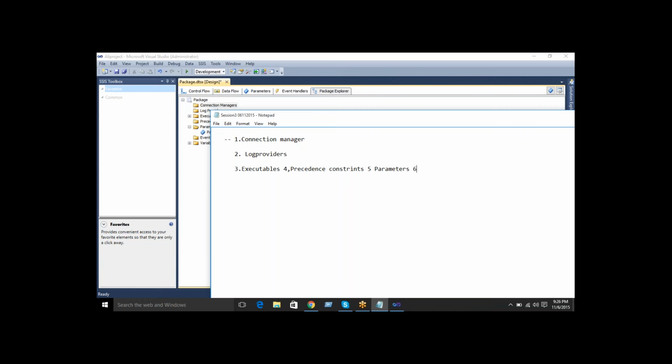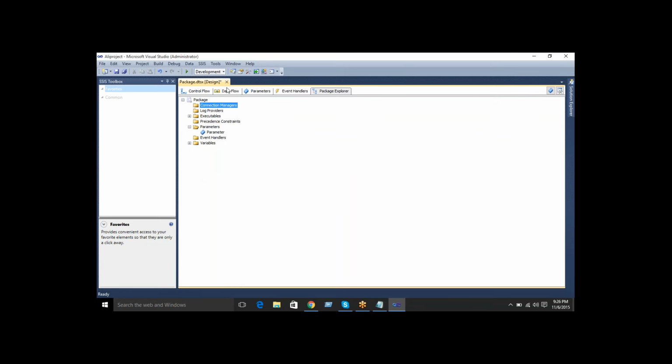Sixth is event handlers. And the seventh is variables. A package will be saved with an extension. What is the extension of a package? .dtsx, data transformation services extension. So this is your workspace.